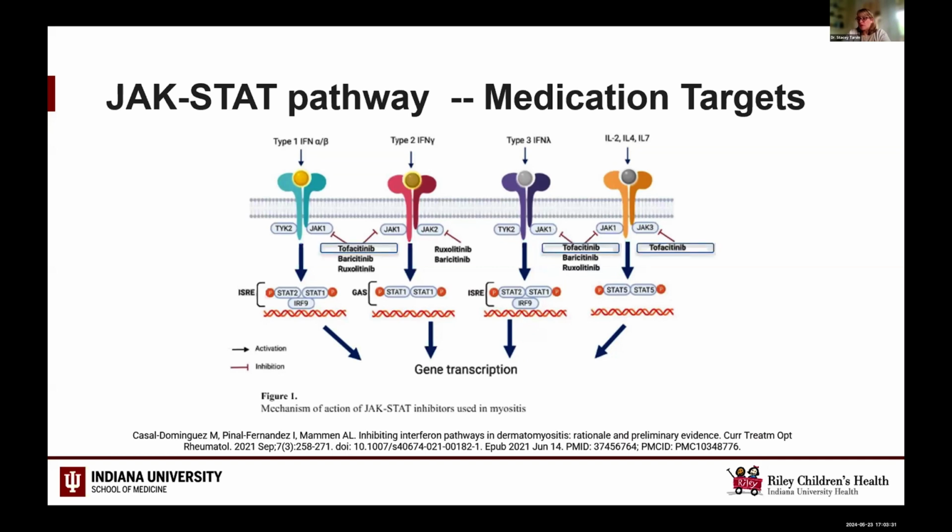Tofacitinib was approved by the FDA in 2012 for RA and ulcerative colitis, was the first JAK-STAT inhibitor to be developed, and binds JAK1 and 3 pathways, and was shown to impair Th1 and Th2 differentiation, as well as production of Th17 cells. So there is strong activity in JAK1/3 with minor activity in JAK2 and TYK2. It's postulated that the JAK3 inhibition in particular is the likely source of the heme-related side effects seen with the